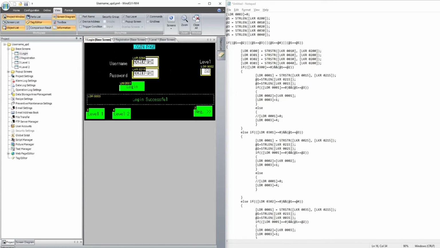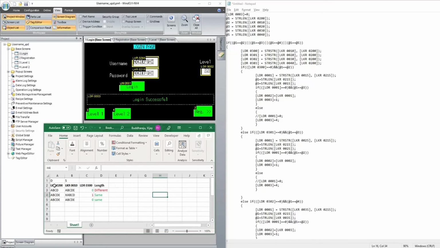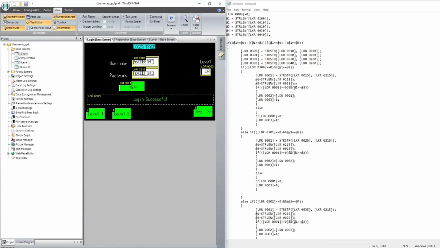So similarly, what I explained here in this Excel, the same format will be applied here. str, I'll just compare whether it is matching or not. The starting location, if it throws 0, then it's fine. Again, I need to check the length of the password. That means 1. I'm considering the same internal temporary register here instead of going with multiple ones.